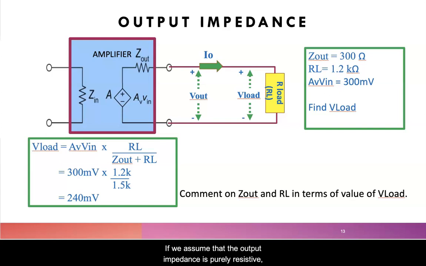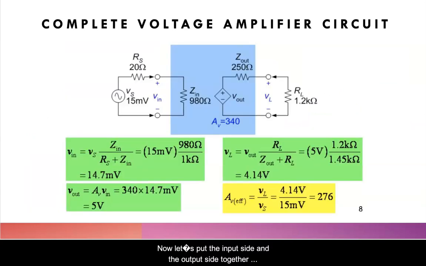If we assume that the output impedance is purely resistive, we can get the voltage at the load equal to Vout multiplied by RL over RL plus Zout, using the voltage divider method. Now, let's put the input side and the output side together and consider this circuit that has a gain AV